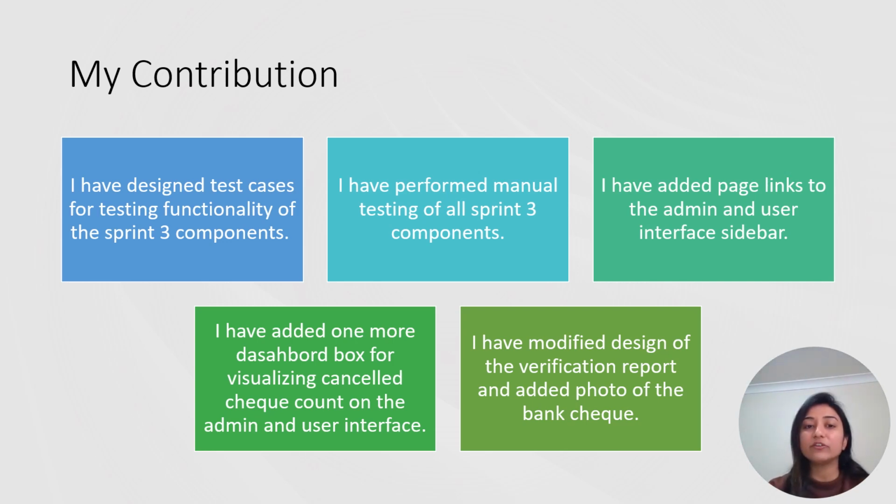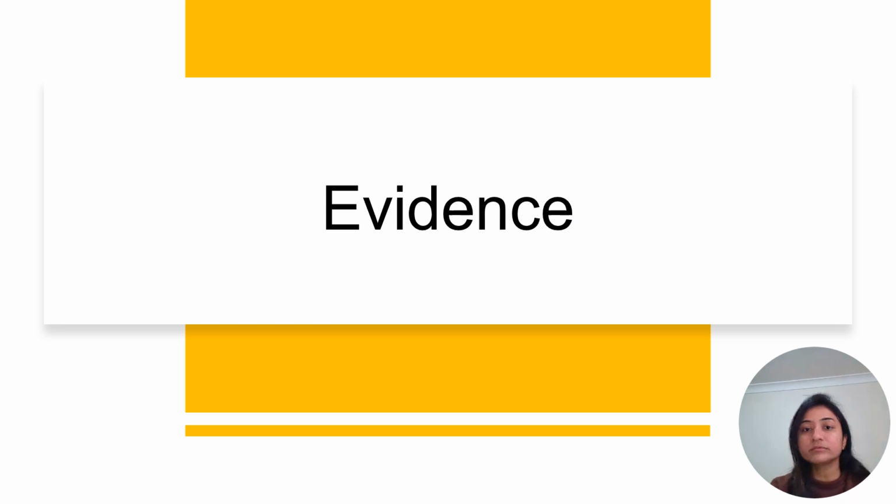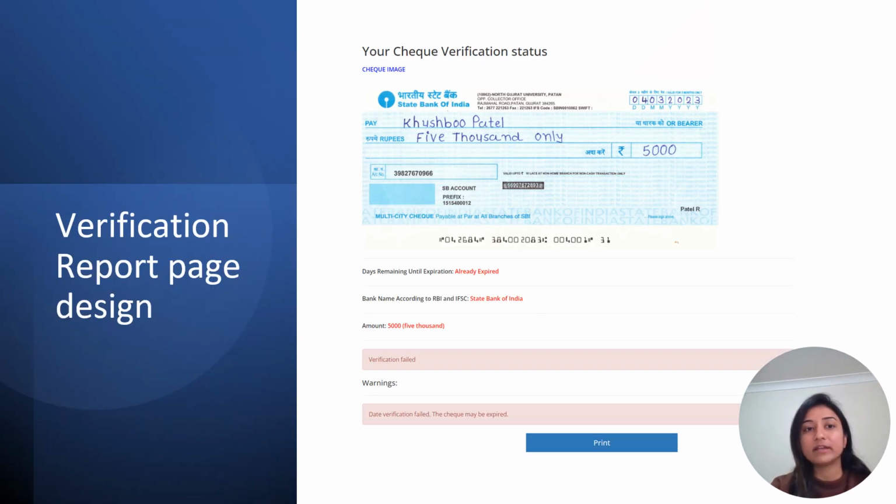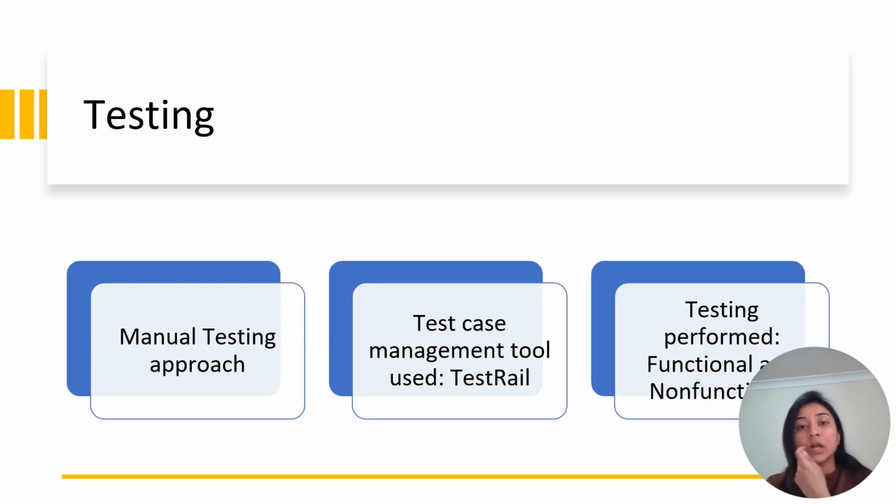I also added one more dashboard box for visualization of the cancelled check amount on the admin and user interface. I modified the design of the verification report and added the photo of the bank check. That is the evidence. On the verification report page, we can show how many days remain to expiry, the bank name, the amount, whether it's verified or not, and it gives a warning about what is wrong. Manual testing is the approach I used,